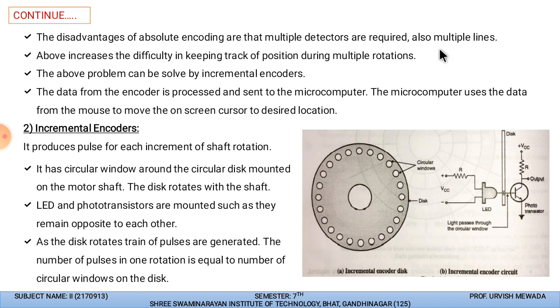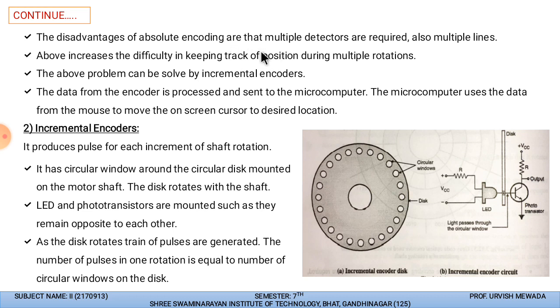Also, multiple lines are required, because if we need to measure a shaft position for a large motor, we need multiple detectors to sense the position of the shaft. So the above problem increases the difficulty in keeping track of position during multiple rotations, and the problem